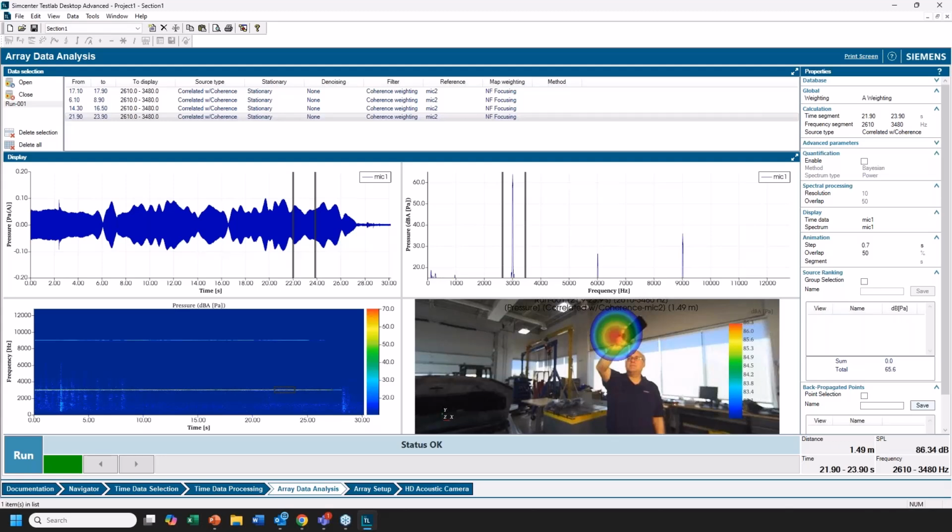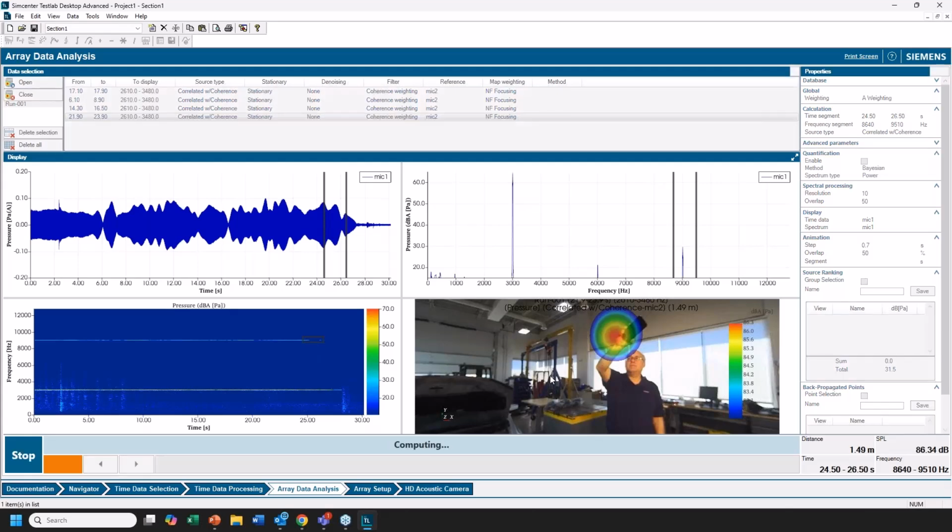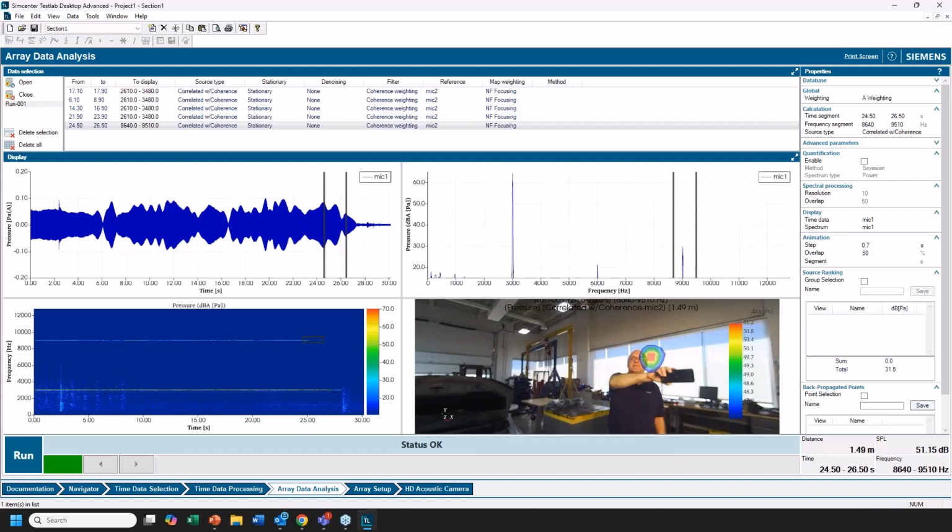So it's kind of a cool feature. And you can see there are even some other tones out here. They're probably harmonics of the tone that's being played through the phone, but we can switch that and confirm whether or not it's the phone by moving this cursor. We'll even make it a little more difficult on ourselves by moving the time cursors as well. If I hit run, we'll get an updated display and see where everything is. Okay, so there we see that he moved the phone and that noise image is still following the phone.